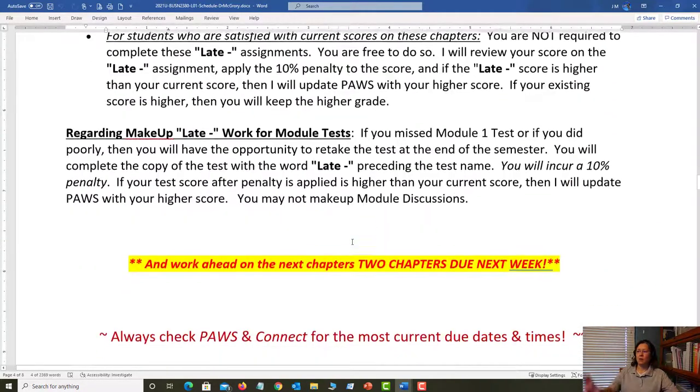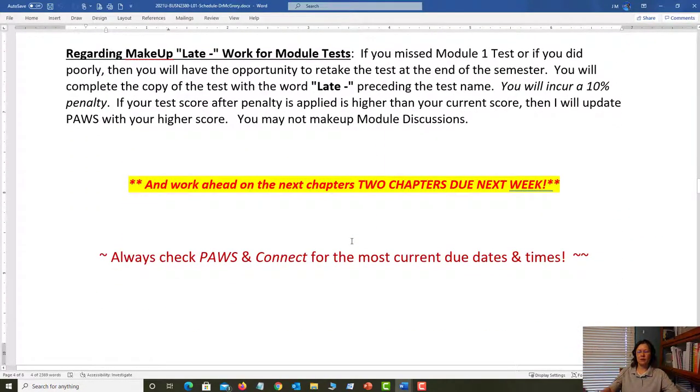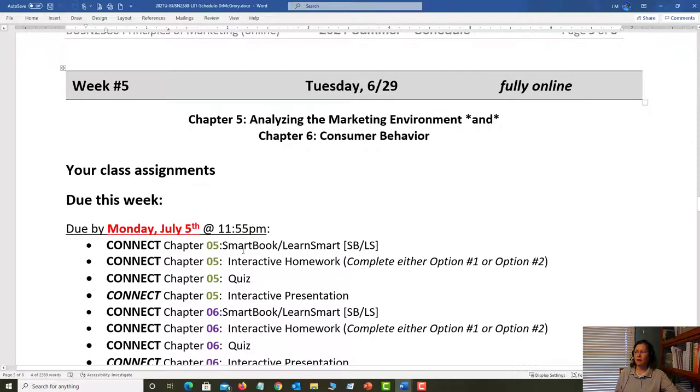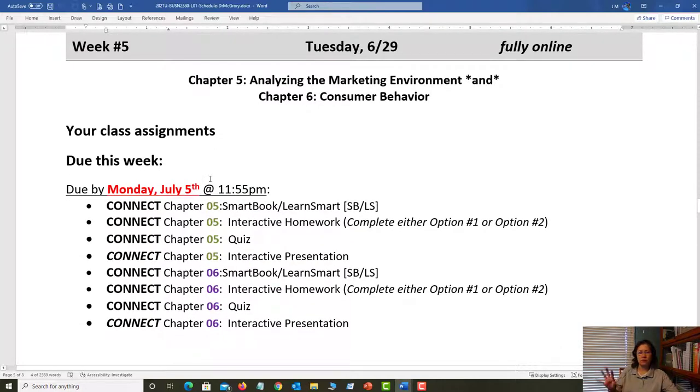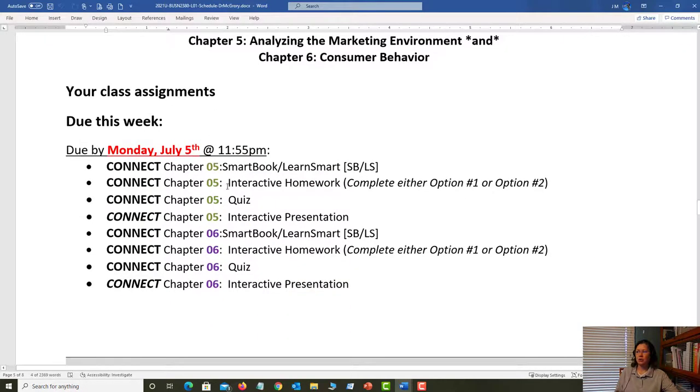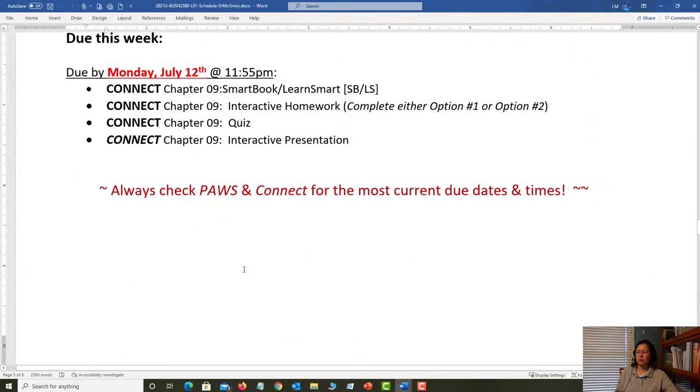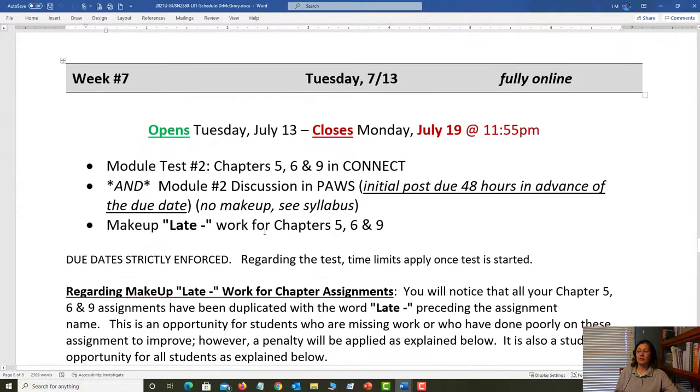Okay. So you'll see this, and if that was too quick for you, you have this information and you can read through it again. I'm going to look at week 5 only to say no more of those little easy peasy points, but you do have 2 chapters due. Week 6, you have 1 chapter due. And looking ahead, you have your next test in week 7, so you can start to pace this out.